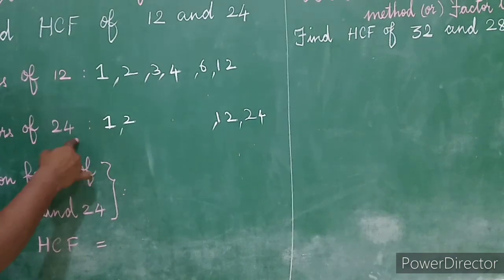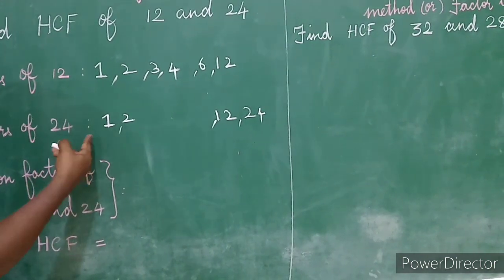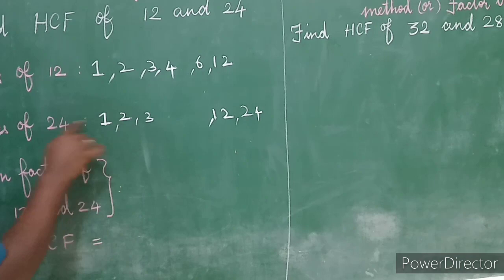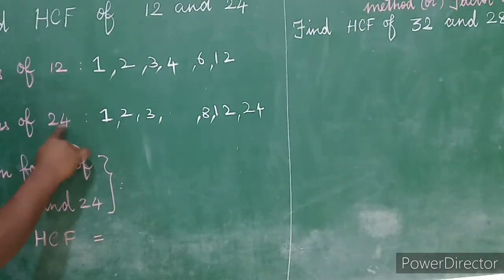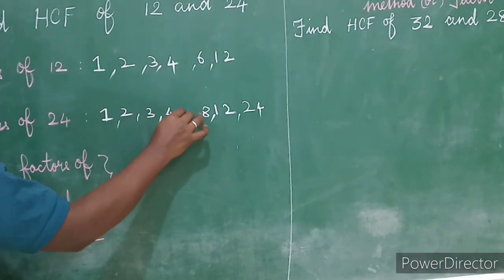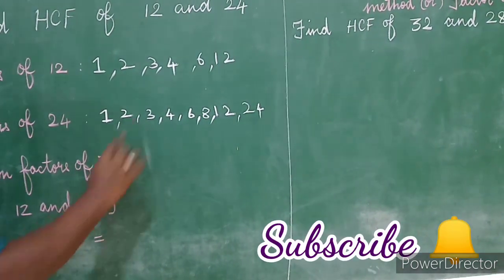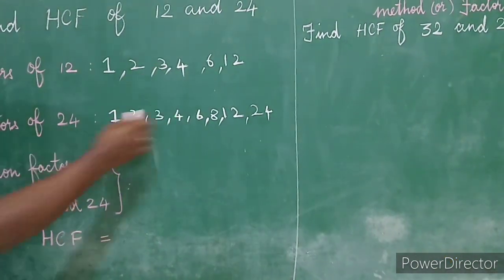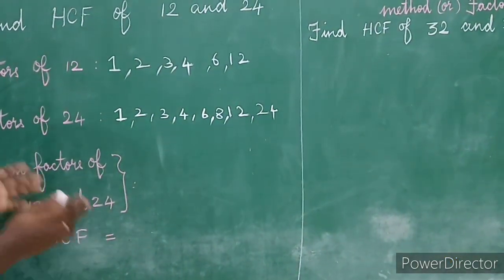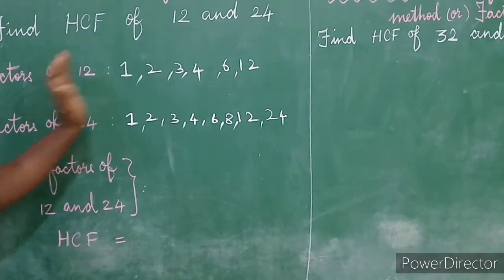Again, 2 plus 4 is 6, so it is divisible by 3 because 6 comes in the 3 table. How many 3's make 24? 8 3's are 24. Again, 24 is in the 4 table, 6 4's are 24. Again it will be in the 8 table, the 12 table and then 24. So we have found all the factors of 24. It is a basic thing that we must do first: find all the factors of the given numbers.